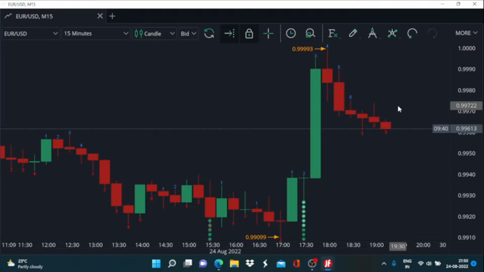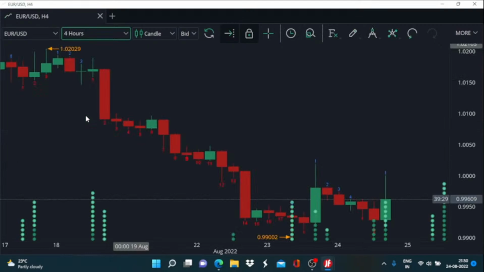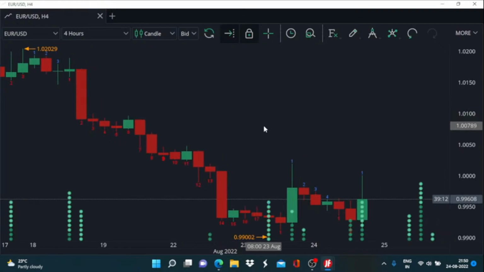So that way one can utilize this indicator, and this is only one of the possible uses. It's not that I am recommending you to use this combination only. You can try out the 4 hourly combination also. If you see that the trend is now changing on the 4 hourly side also, then you can use lower time frames like 15 minutes, half an hourly, 5 minutes. All of that can help you in figuring out higher probability trades,